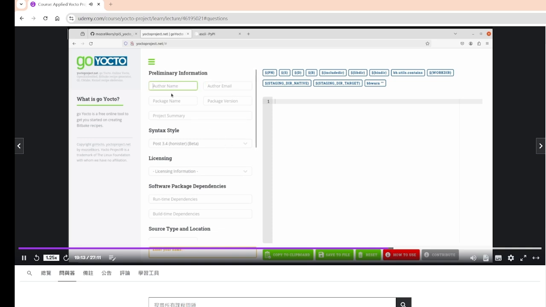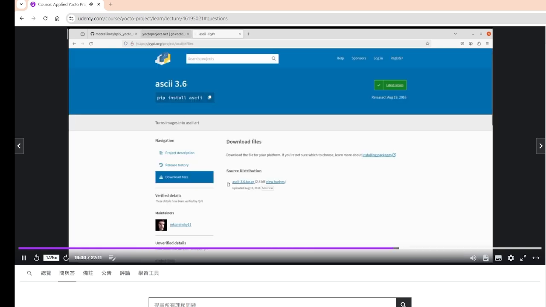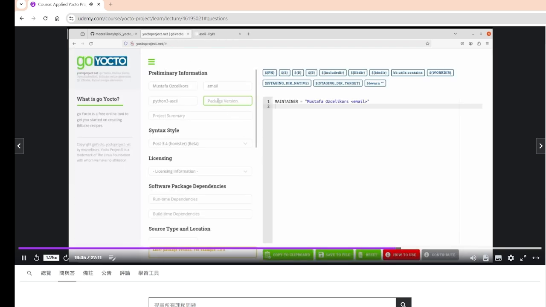Of course, these fields are optional. I don't need to give it, but let me give it, let's say email, alright, and my package name. So the package name will be called python3-ascii, since I will be developing a software package for this one, and the version will be 3.6. Okay, and let's give some summary. Recipe file for ASCII